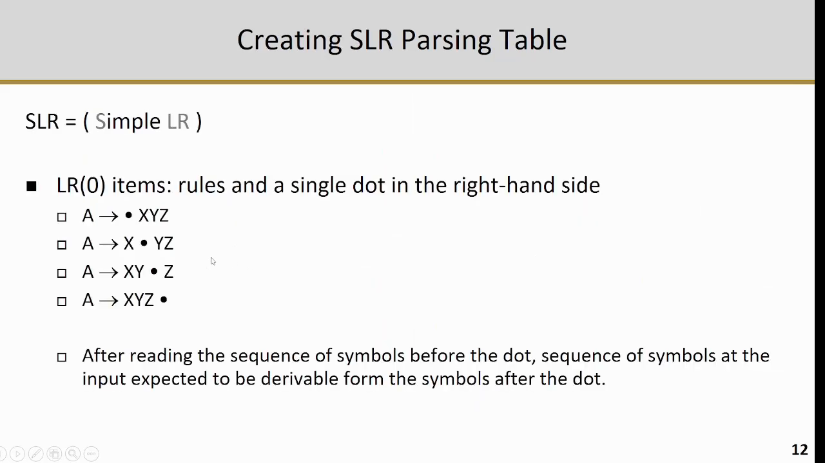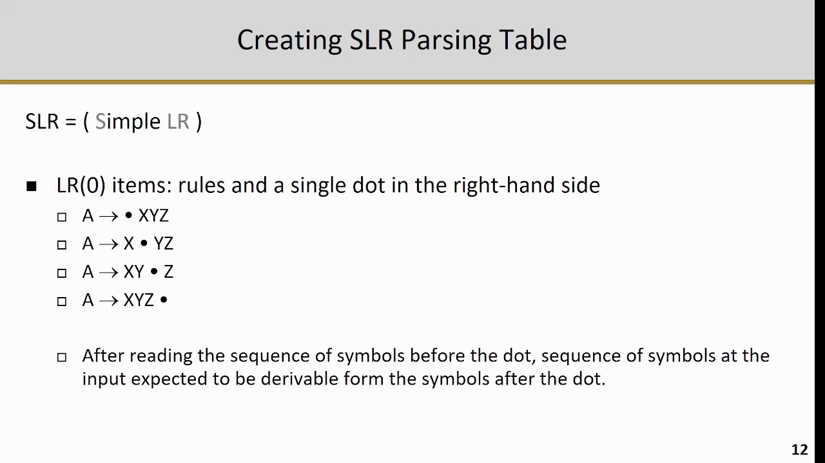Okay, how to create such a parsing table? First, we introduced the LR0 items, which are practically the grammar rules, including dots. An LR0 item looks like a grammar rule, but in the right-hand side there is a dot, and exactly one dot. And this dot